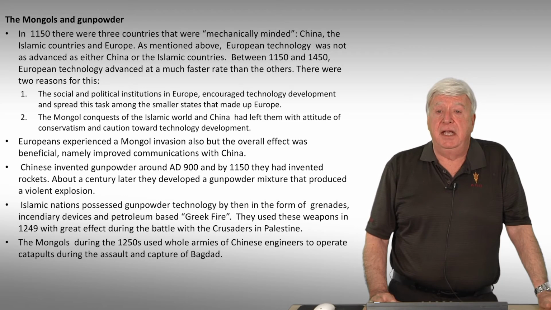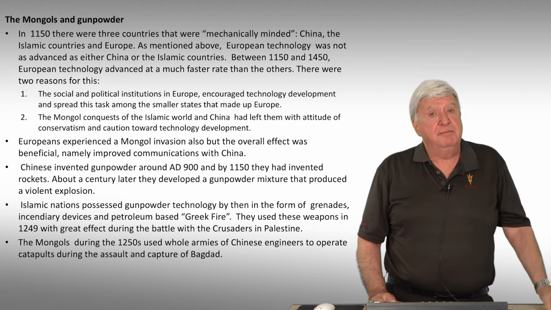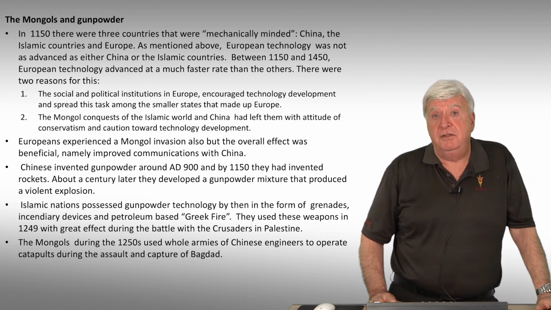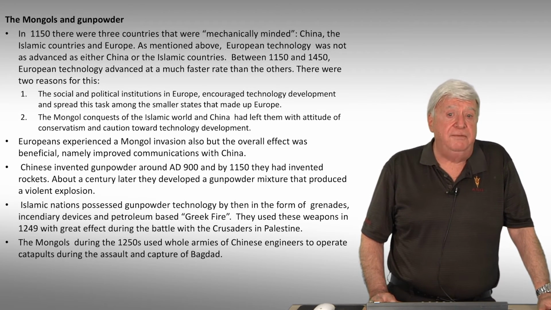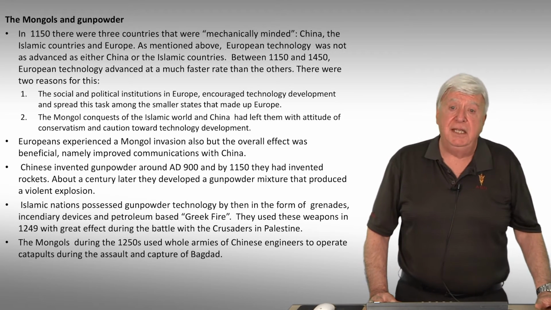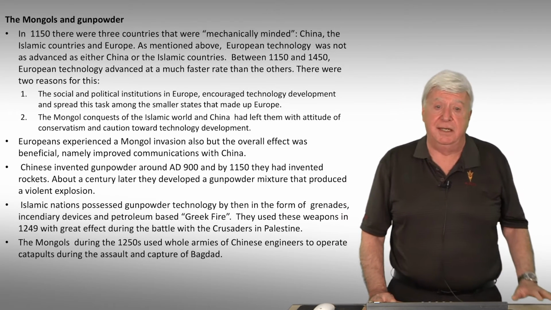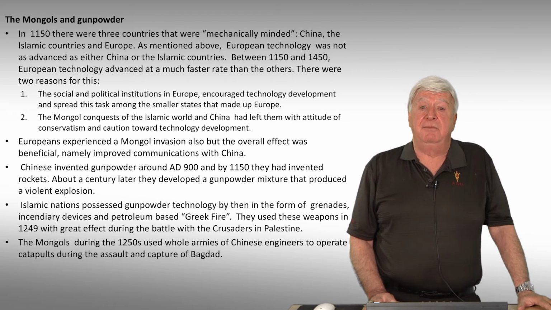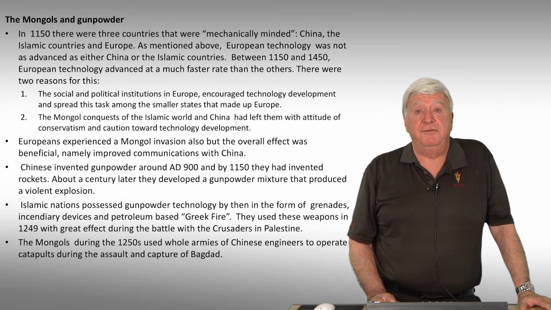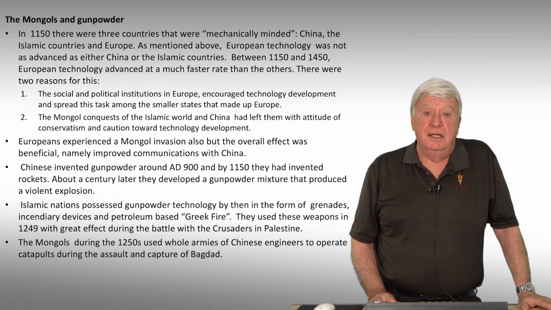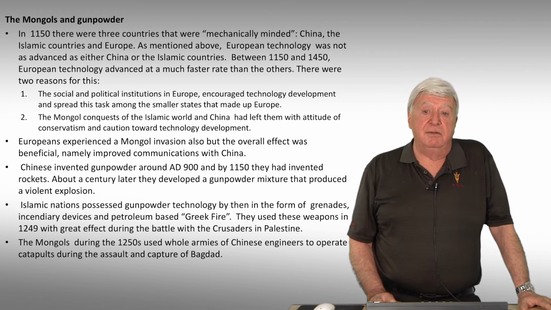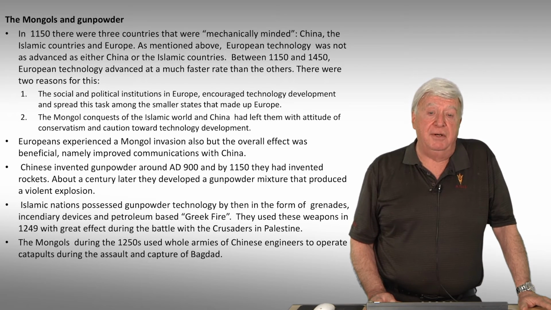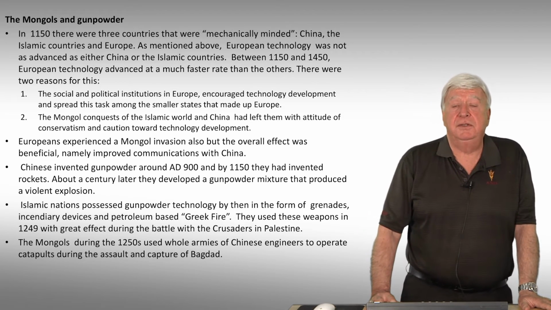Europeans experienced a Mongol invasion also, but unlike the invasion of China and the Islamic societies, the overall effect was beneficial. Namely, it improved communications with China. A European traveler named William of Rubruck visited the Far East, and particularly India, and returned in 1257 with reports of gunpowder technology. Within a year, there were reports of experiments with gunpowder, and rockets were used in a battle